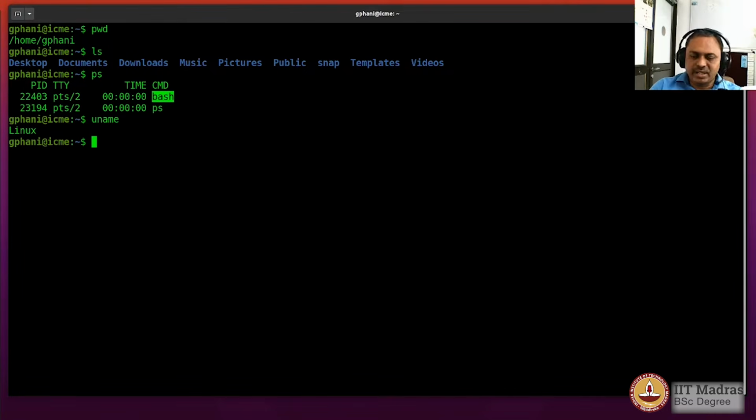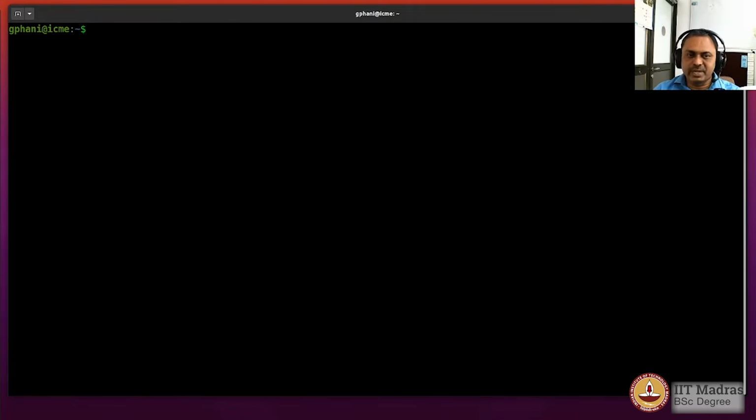And let us say we run many such commands and we would like to clear the screen. We could type the command clear and press enter, and the entire display will be cleared. You could also, for example, type a command and then press Ctrl L to also clear the screen. And after you have played around a bit, you want to exit. What you would do is type the command exit to come out of the shell. Alternatively, you can also press Ctrl D. So I can now press Ctrl D and come out of the shell.